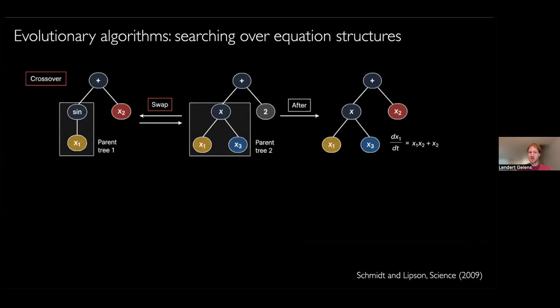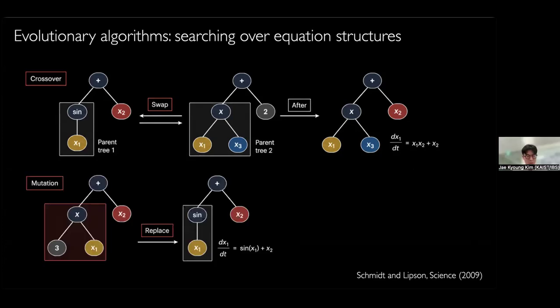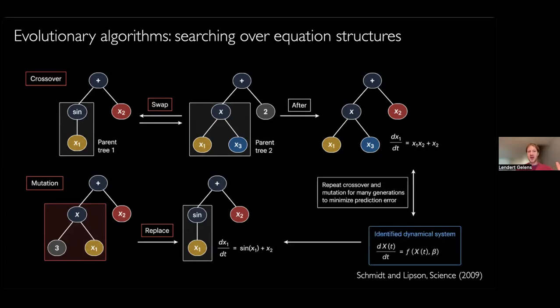And we can do two things. Typically, a crossover, for instance, which is what I'm showing here, takes two parent trees and swaps subtrees between them. So you mix structural motifs from both parents and you produce something new. And you can have mutation, which replaces a subtree with a randomly generated new one. And you introduce some novelty in that way. And you can run that over many generations, and you keep the candidates that best fit the data, and gradually the population evolves towards better and better